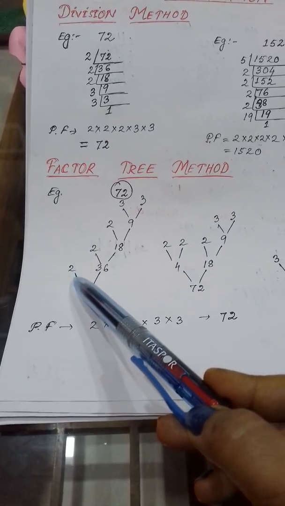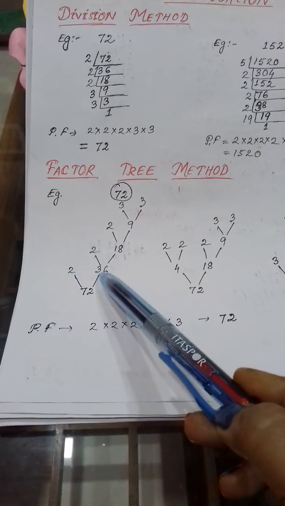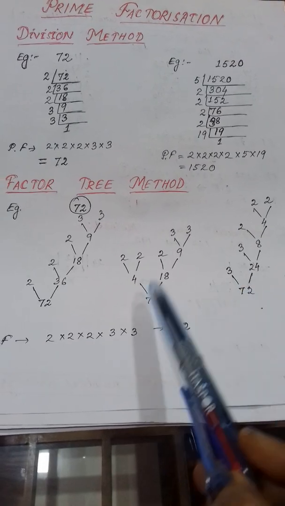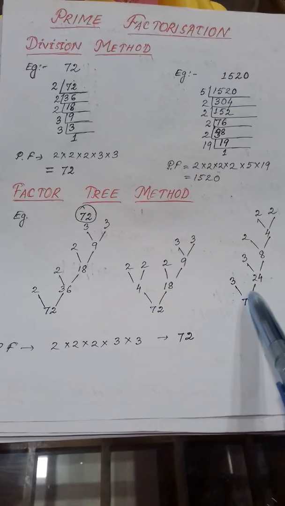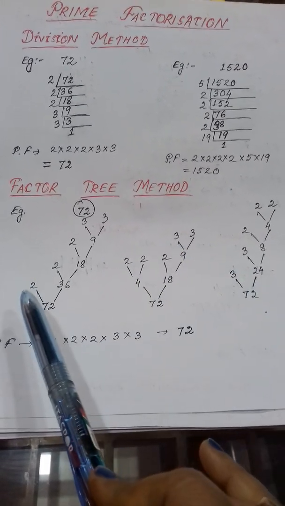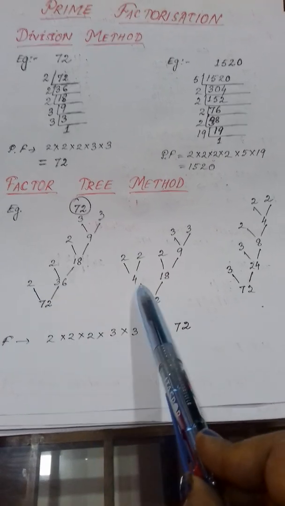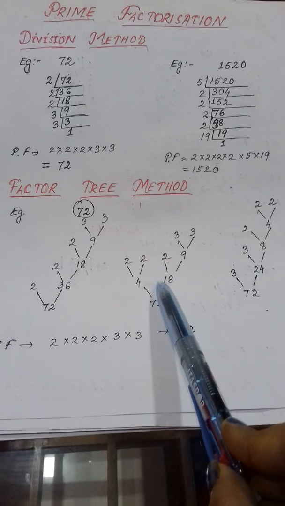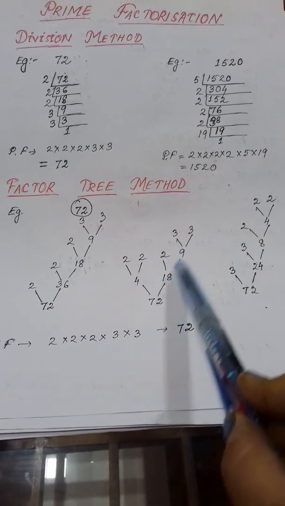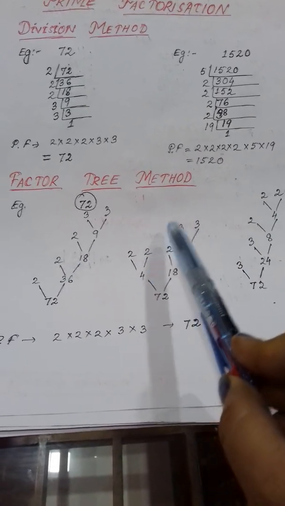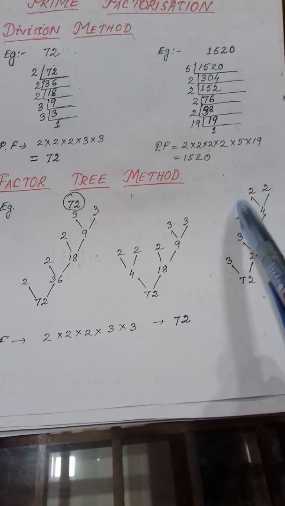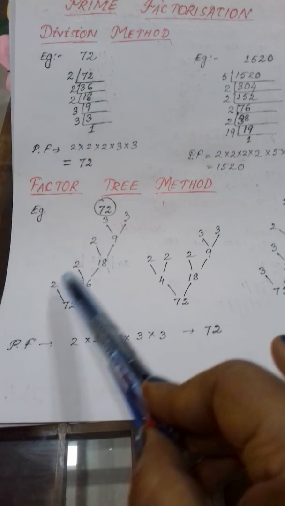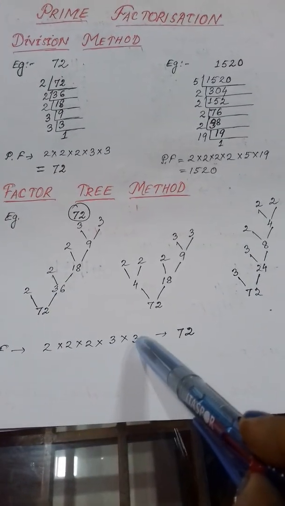You can start with 3 also. With 3, 24 will be there. You will see here I have done 72 in the 3 method. Clear or not? Here you see 1 prime, 1 composite. Here both composite. Here also 1 prime, 1 composite. But at last when the divisions are completed, this method has completed, you will see all the final numbers will be prime numbers. And the same number has come.